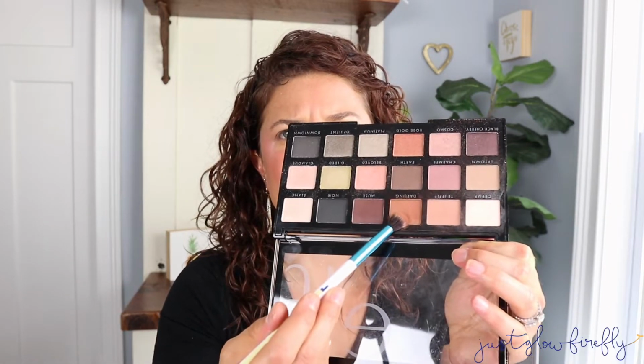I'm going in with this Darling shade here, this kind of camel color. I'm just going to...